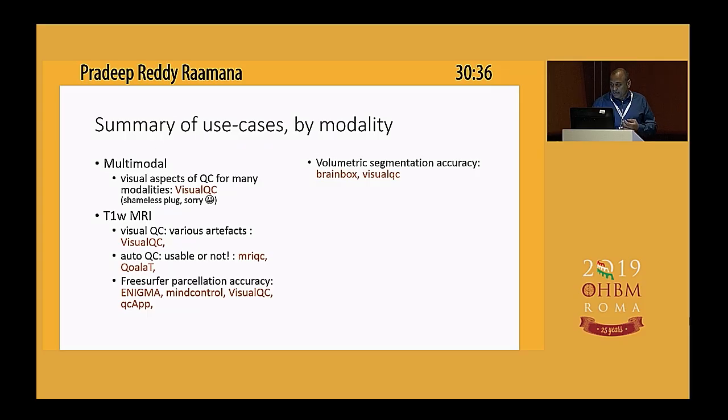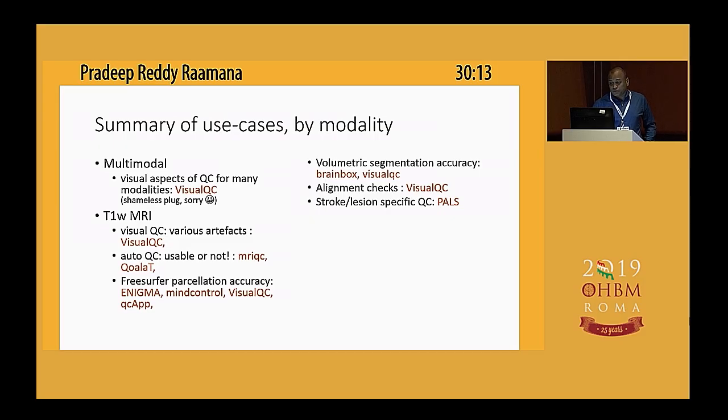To check the anatomical accuracy of volumetric segmentations, tools like BrainBox and Visual QC are really helpful. And as I mentioned before, alignment checks can be done easily at scale with Visual QC. There is also a tool called PALS, which can really help with